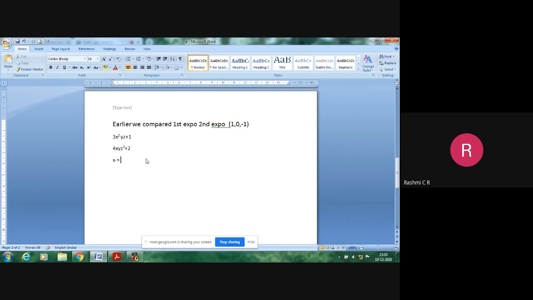When you are comparing x, you can see you have 2 in the first polynomial and in the second polynomial you have 1. I'm considering the first terms of both polynomials, and only x. First it has exponent 2 and next it has exponent 1.